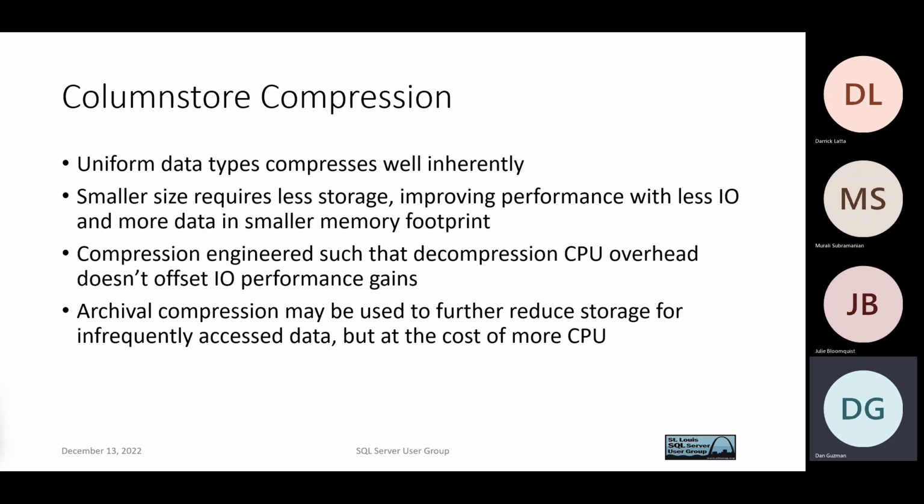Oh yeah, I forgot to mention, there's also archive compression that you can specify to essentially reduce storage even more. Unfortunately, I don't have a demo for that today. But of course, there's going to be more CPU utilization to decompress it as well. But that, in conjunction with table partitioning, I think is a good way to essentially keep the data online, instead of having to physically move the file group or whatever to slow storage